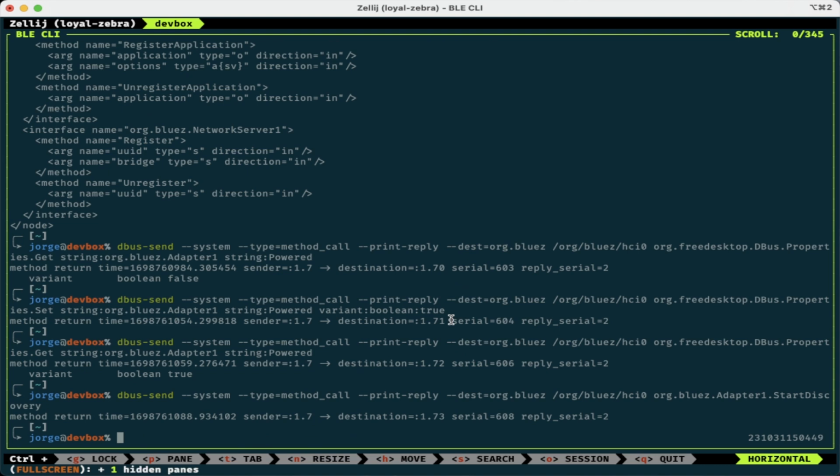So the problem here is that DBus is paying attention to the request for discovery. And if the thing that was requesting the discovery disconnects from DBus, it stops the discovery. So that is not going to work for us. What we could do instead is to try some reverse engineering to understand the messages rather than sending